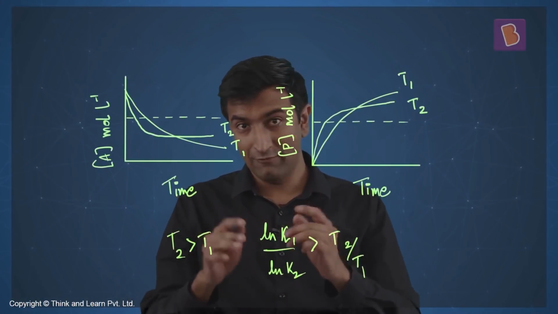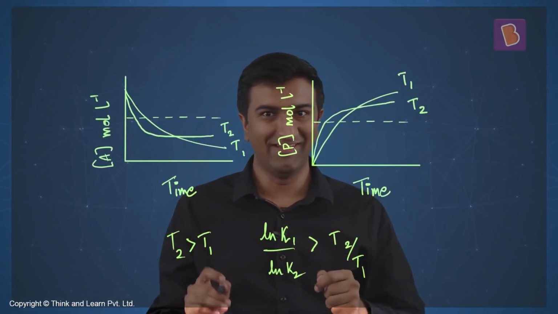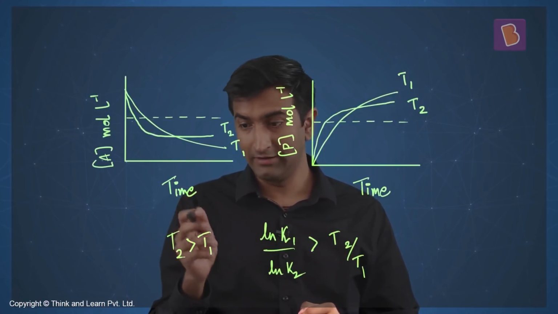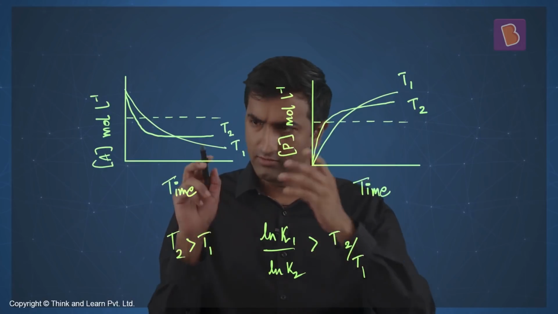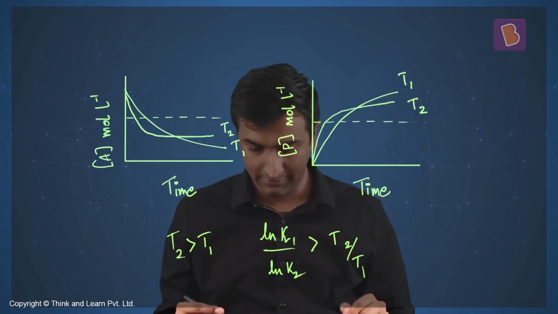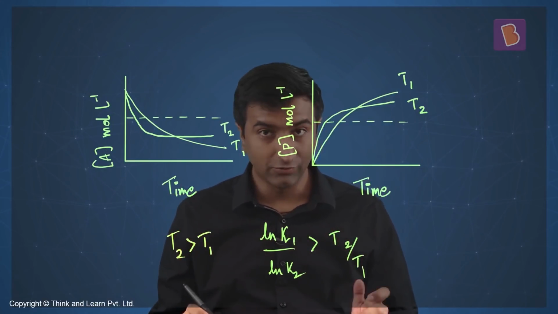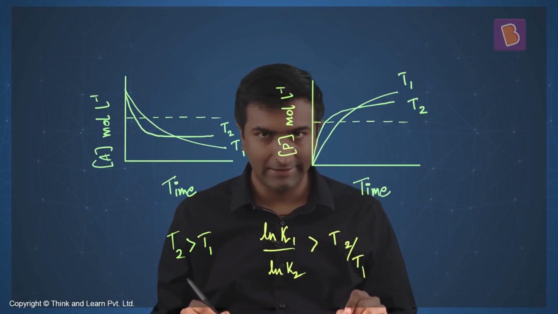Okay, so this question can have more than one correct answer. We're plotting the concentration of the reactant A versus time as well as the product versus time. A falls and P increases. That's expected. Information that's given to us is that T2 is greater than T1 and ln K1 by ln K2,